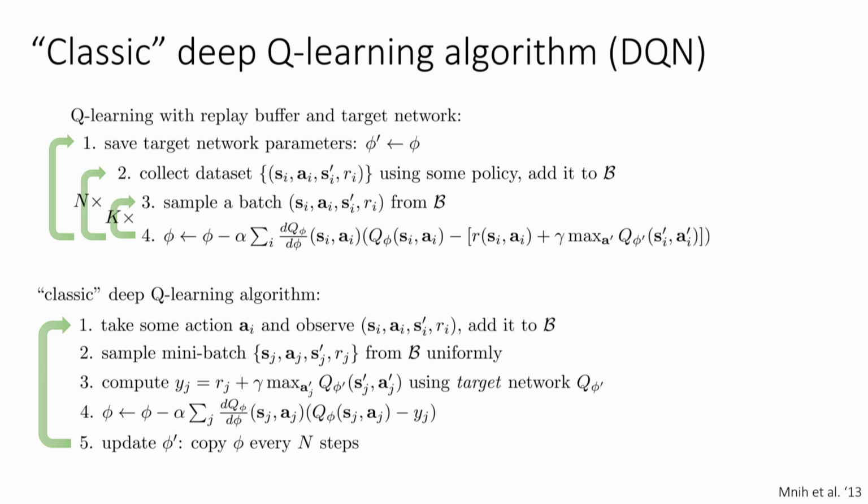Yes? How do you deal with initializing the target network parameters? Because in the very first try, if your weights are terrible, you're regressing against a terrible target. So the question is, well, how do you initialize that target network? Because if initially your weights give you a terrible Q function, then you'll just learn to regress onto terrible Q values. It's kind of a delicate question. In practice, initializing the parameters randomly is perfectly reasonable. The detail is that typically you would use an initialization such that your initial Q values are small. So when your initial Q values are small, then the target is mostly dominated by the R, not by the max Q. So initially, you'll just essentially learn to copy the reward into your Q function. And that's actually a pretty reasonable initialization.